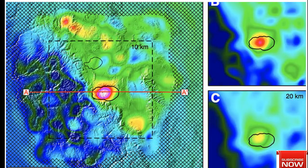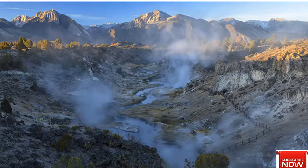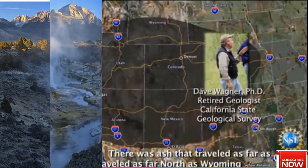California supervolcano found with 240 cubic miles of magma swirling underneath. A supervolcano in California which erupted with devastating results hundreds of thousands of years ago has a vast reservoir of semi-molten magma measuring a staggering 240 cubic miles. A new study has suggested the amount of magma in the Long Valley Caldera is so large it could support